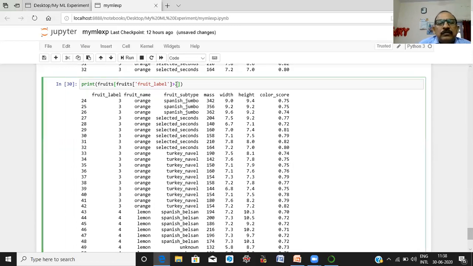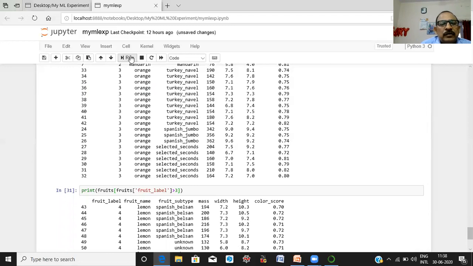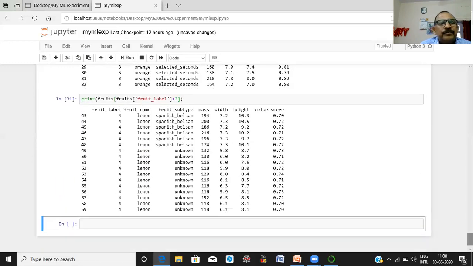Suppose you want greater than 3, run it. On the screen you can see all the records of your data set having fruit label greater than 3.